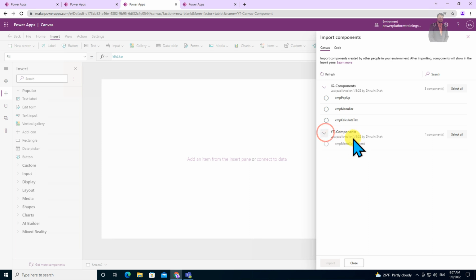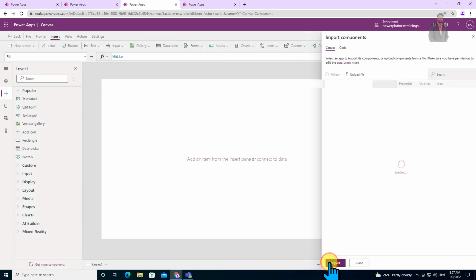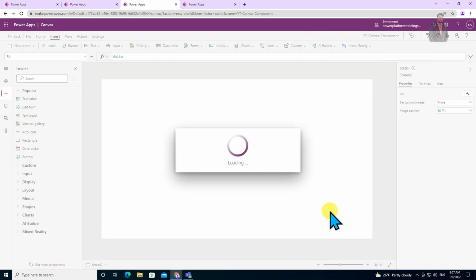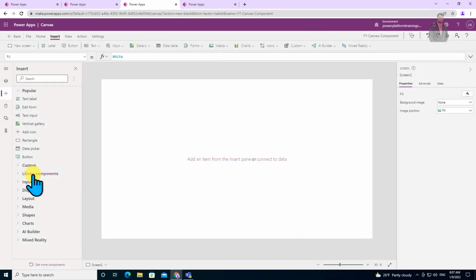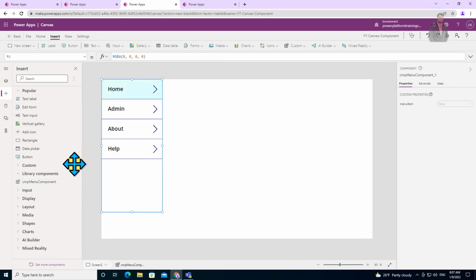So this is the component library that we just created. Let's add this CMP menu component and click on import. Once you import that, this will create one more option called library component and add your component over here. And now let's drag this component over here, right? When you are creating your Canvas app component, it will appear in the custom section. So this is another main difference.